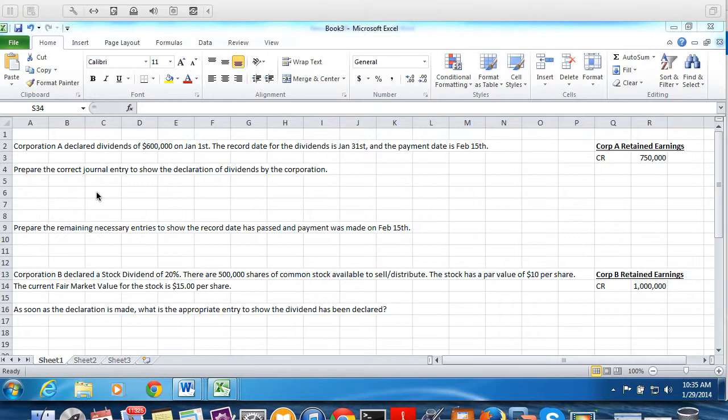So again, we talked about the fact that there's three important dates with dividends, and that the two dates that matter for accounting purposes are the declaration date and the payment date. Okay, so this first question is talking about the declaration date. As soon as the dividend is declared, is the journal entry to show that we now owe that to the stockholders. Okay, so